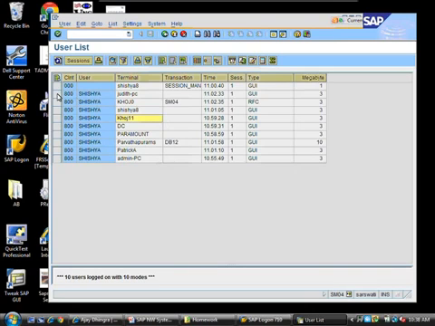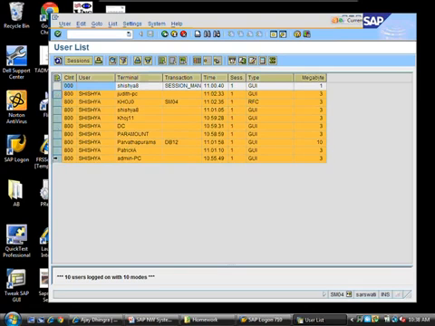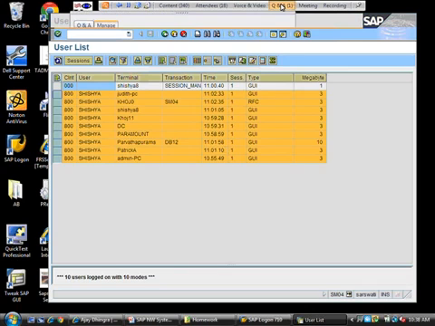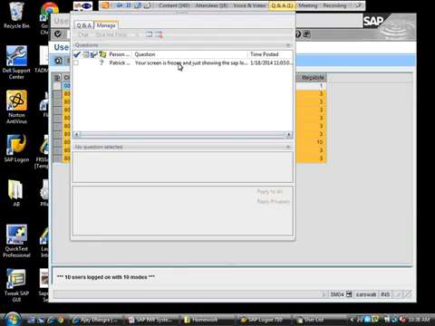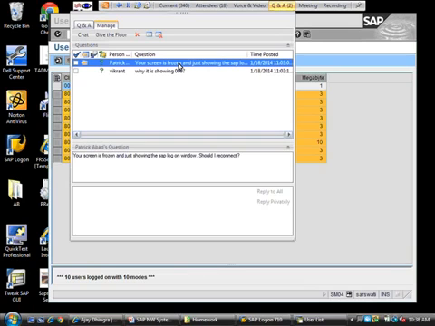And you will all eventually have your own user IDs which you will use to connect to SAP. So people who are still downloading or are having issues, I'm willing to spend 5-10 minutes to kind of help. Your screen is frozen and just showing the SAP logo on window. I think it must be on your side, Patrick. My screen is not frozen. I think others should be able to see my screen.